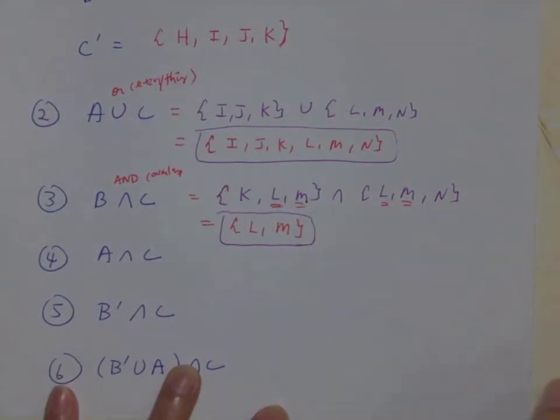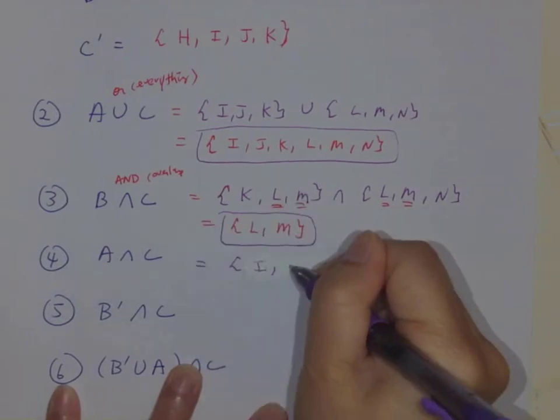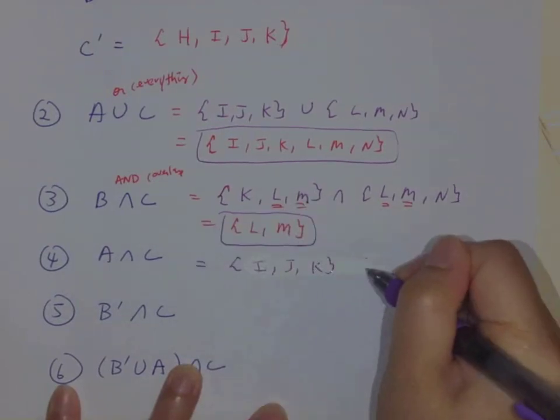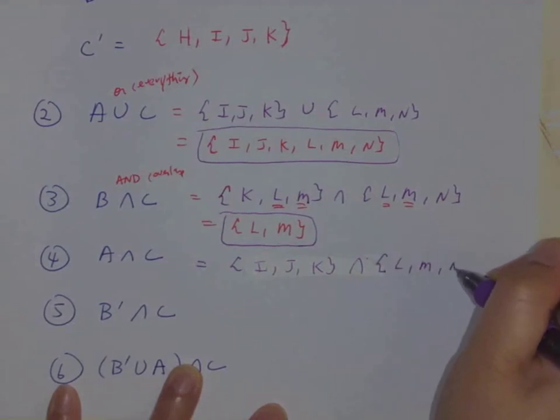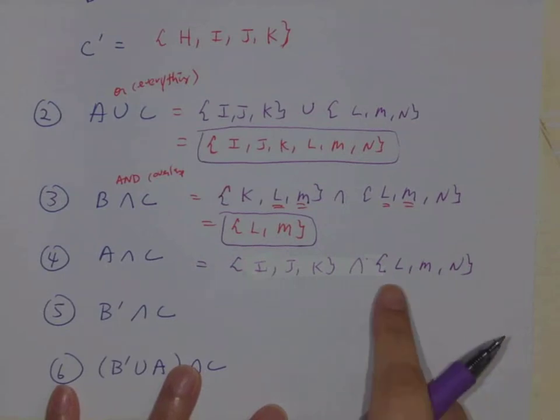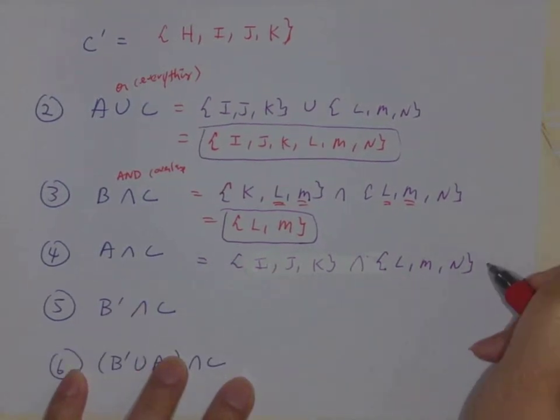Okay, how about number 4? Number 4, again, we're looking for the overlap. J, K is my A, intersect with L, M, N. So do I have anything in common? No, no, no. So if it's nothing in common, then we will say either empty set like that, or you